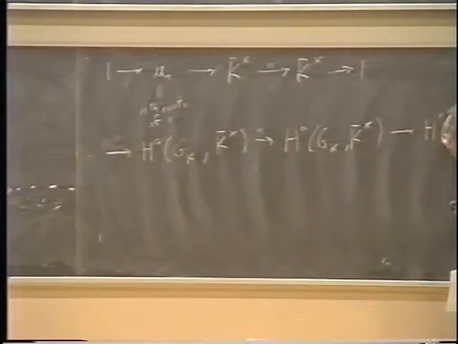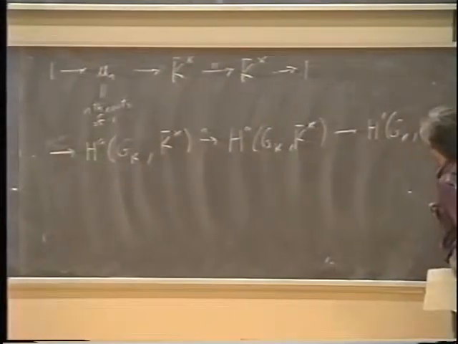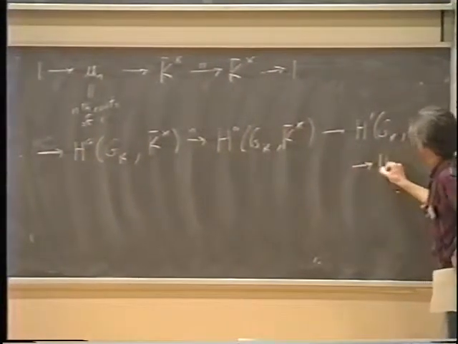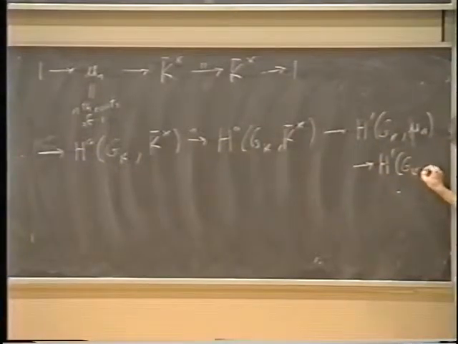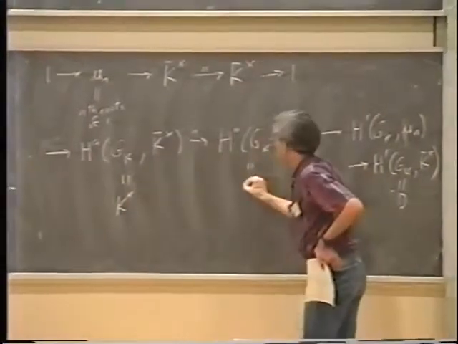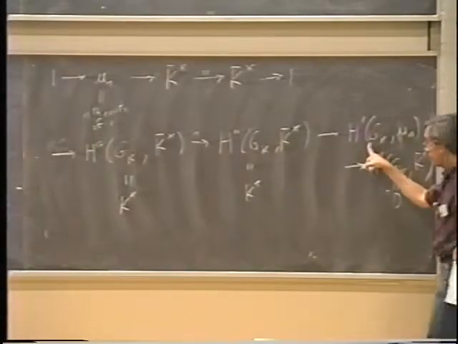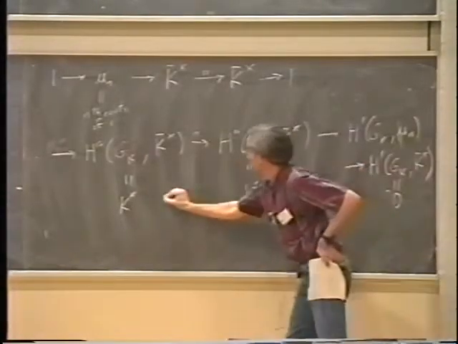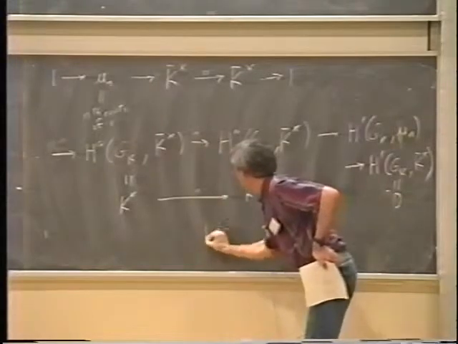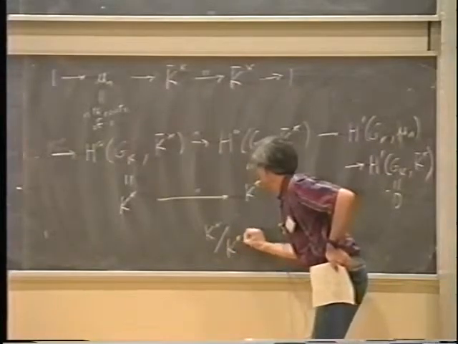This goes to H1 of GK with coefficients in mu n. Goes to H1 GK k bar cross. And this is 0. This is k cross. This is k cross. This is something we don't know what it is yet, but this is the nth power map. And so what we get is k cross mod k cross to the nth power